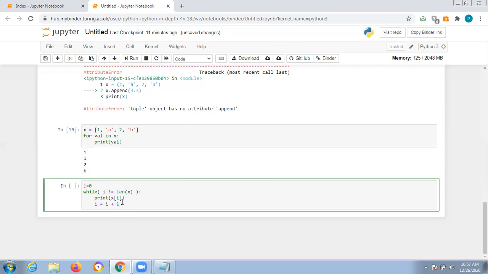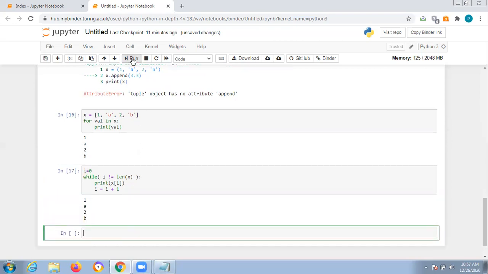If i is not equal to length of x, if this condition is satisfied, it will print x of i, and i will be incremented. It will increment until this condition is satisfied: if i is not equal to length of x, i is equal to i plus 1. Then what is your next step? If you run this program once, you're getting the same thing, right? Why are you getting it like this? That means